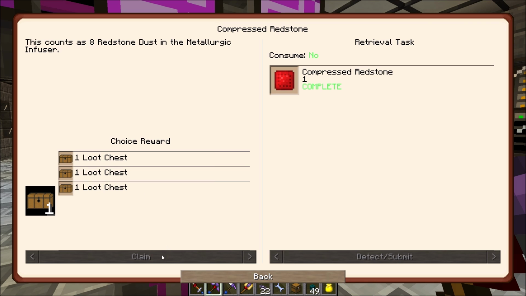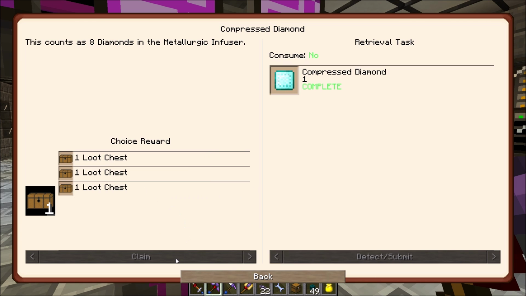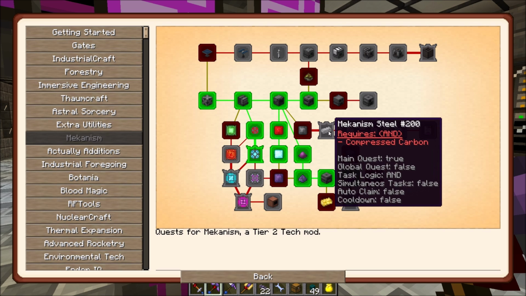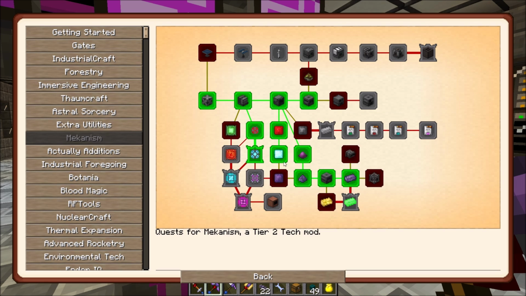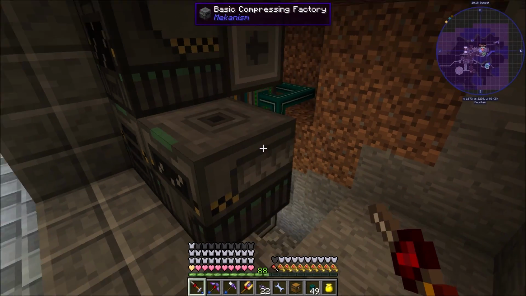Let's go ahead and grab a loot chest. And let's grab a loot chest. There we go. There's also compressed carbon for making steel. We probably won't use that, but we will complete the quest. And then all this stuff, this we've actually made before. But anyways, what we're going to do is we're going to take...